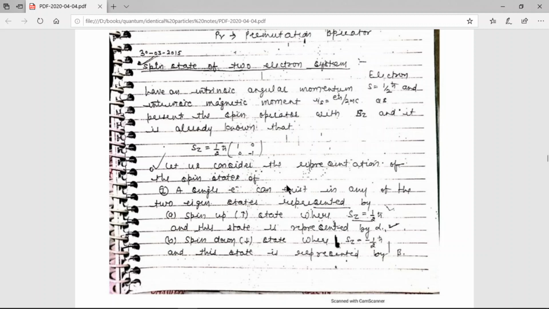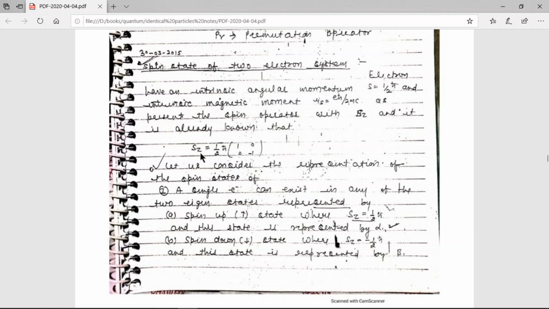Hello students, in the last lecture we studied the Pauli exclusion principle and the Slater determinant. Now in this lecture we are studying the spin state of a two electron system. Initially, the electron has intrinsic angular momentum equal to half h cross, and also we know that